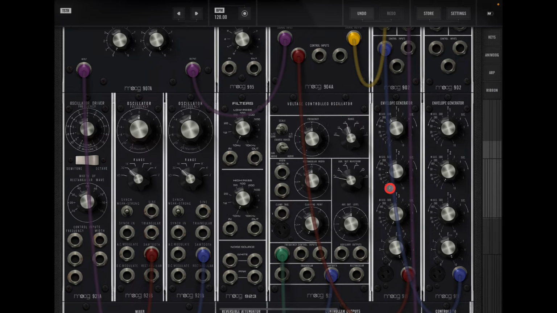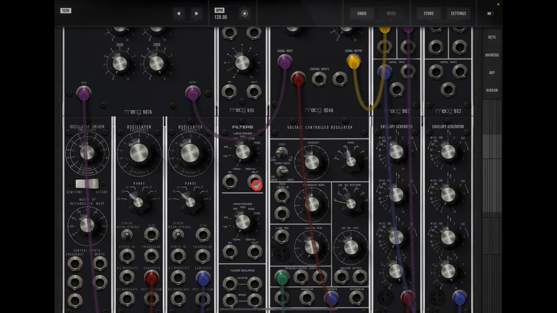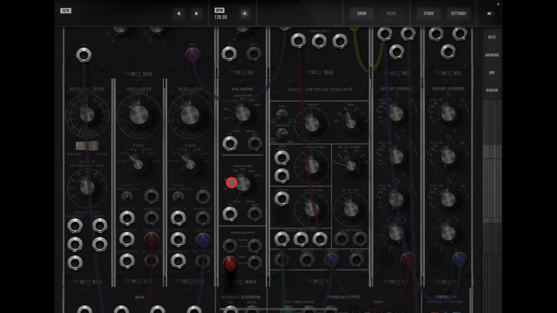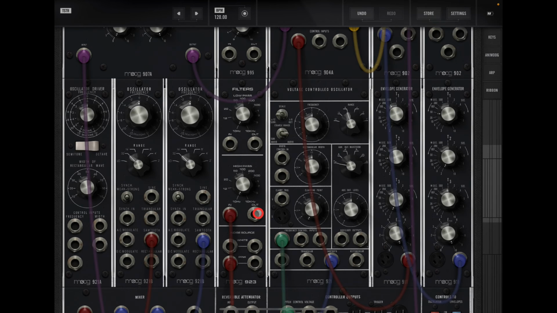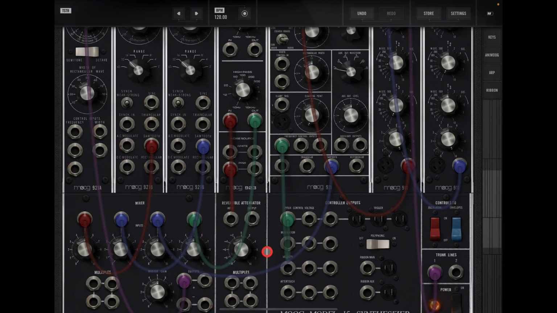So you've got kind of a pad. What we could do is bring in a bit of noise, but in the noise section, you'll see there's some filters as well. So we've got a low pass filter and a high pass filter. And if we connect our pink noise, which is better, it's darker, to the high pass filter, and then the output of that filter, we can connect to the last available mixer input. And if we turn these 3 down and play,